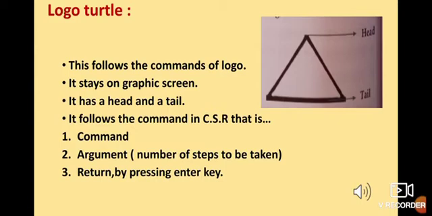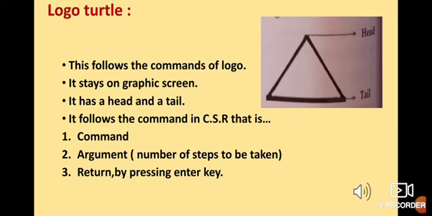As in the previous slide, you have seen the Microsoft Logo window and the graphic screen. This turtle is present in the graphic screen, and whatever drawing or shapes you draw will be displayed there. The turtle follows commands in a series. Like, you ask it to move forward or move back, it will first follow that, followed by how many steps you want it to take.